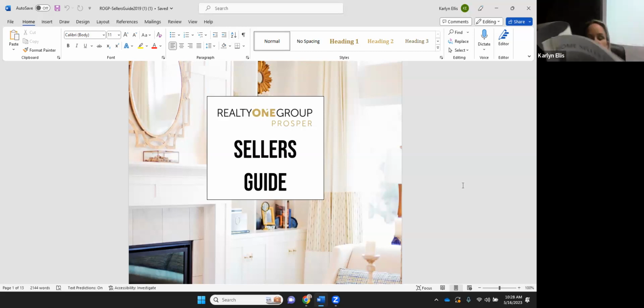Hers is huge and overkill. It's not overkill, but no one's going to read this giant book. It's impressive, like if they're shopping you. The seller's guide in Word is like the basic one. So in my opinion, get the basic one done, and then you can always improve on it as you go. Ultimately, what I recommend is you get to something like if you print it out from Word or Canva,